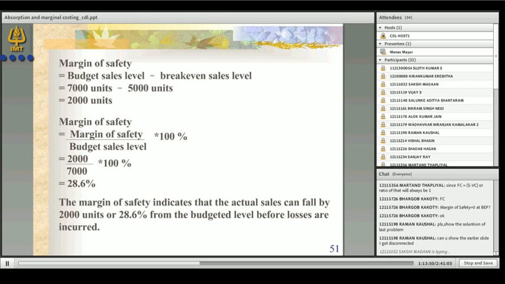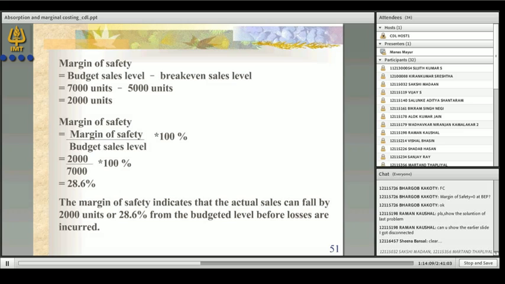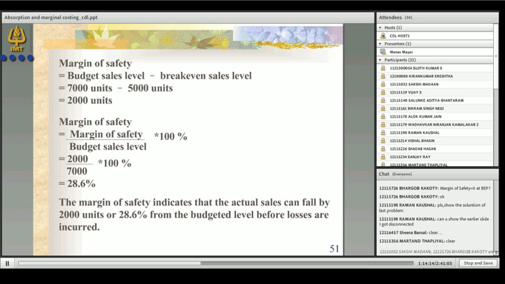So, any question? Have I made it clear? The break-even analysis, marginal costing. Any question related to this concept? Okay, so